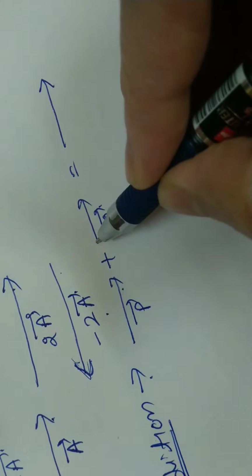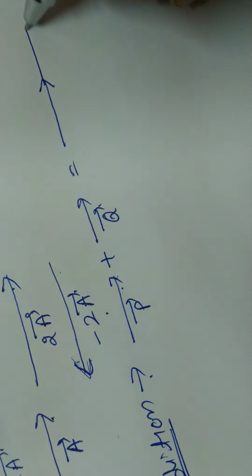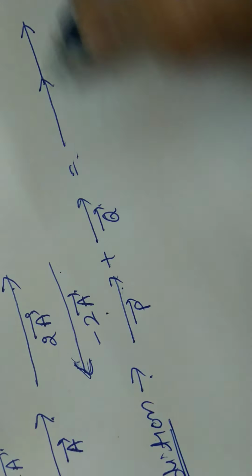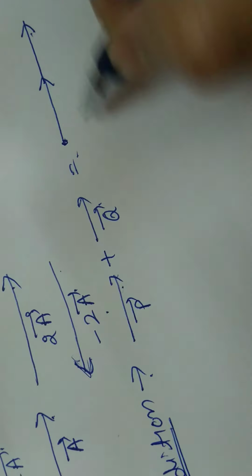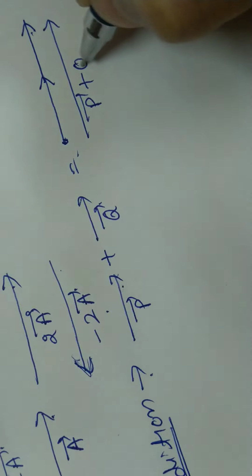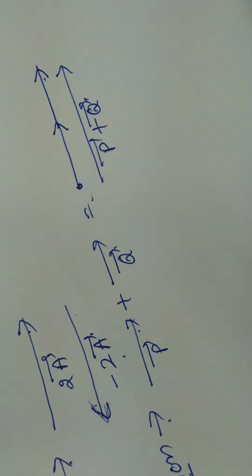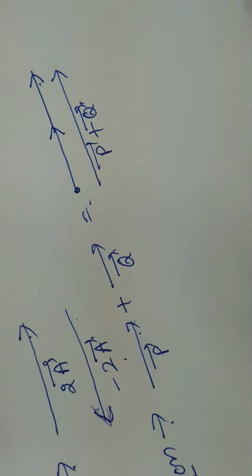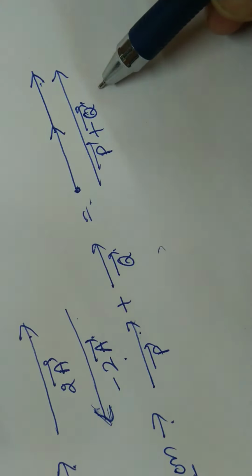Second, the tail of the second coincides with the head of the first, and draw in the given direction. Their resultant is drawn from the tail of the first to the head of the last vector. This gives the direction of the resultant vector. Resultant vector means the single equivalent vector which gives the same effect as the 2 or 3 vectors give simultaneously. So this is the geometrical addition of vectors.